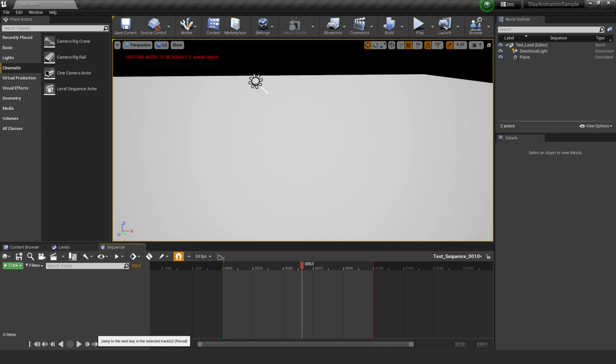And then jump to next key is if you have a keyframe that is locked and you want to, let's just say it's like 10 frames away, instead of having to hit next 10 times, you can just hit this jump to next key and it'll snap to the next keyframe. It'll move your scrubber to the next keyframe that is there. And then this just snaps us straight to the end. And these are going to be the main keys that we're going to be dealing with. And then on the opposite side is literally the exact same, just in reverse. It's just the exact opposite of everything that I went over in terms of moving, hitting play. It's just hitting reverse, going backwards, all that good stuff.